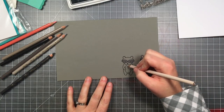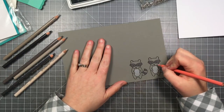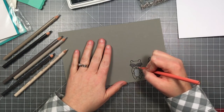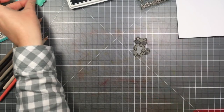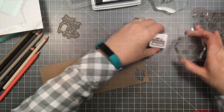And then once I have these colored, I'm just going to add some little rosy cheeks here. But once I have these colored, then you can just use the coordinating dies and easily cut them out. Now the fun part that makes them Thanksgiving, they're going to go right on the front like this, is the